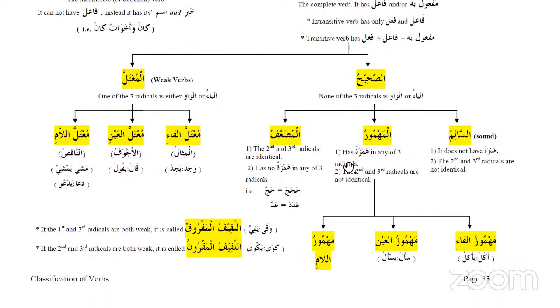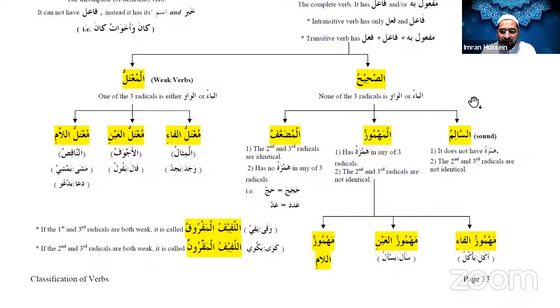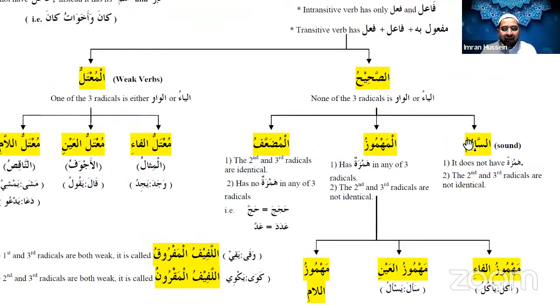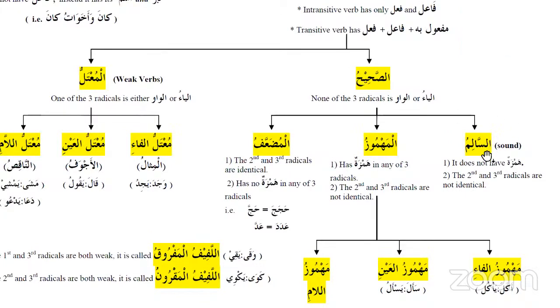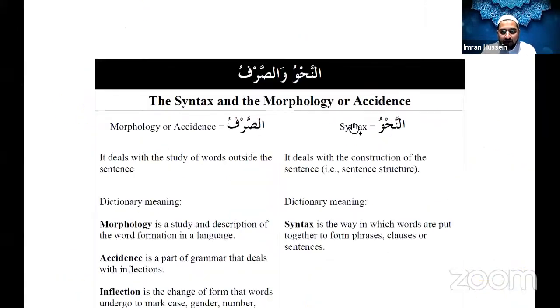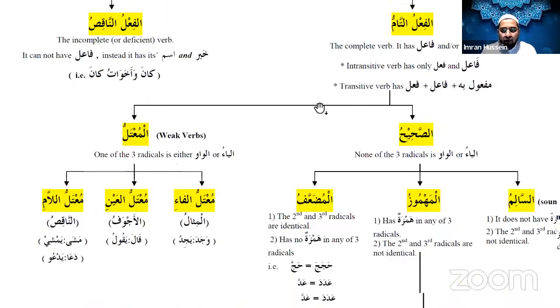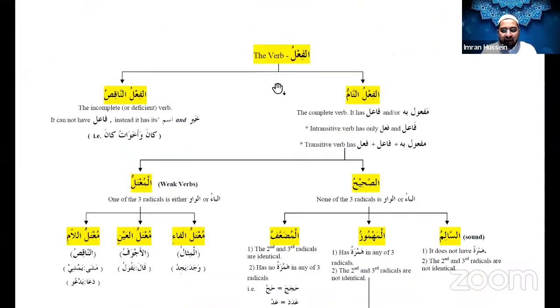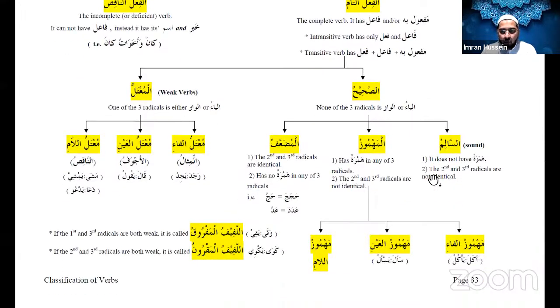Now, it has three categories. First category, where there's no weak letter, no alif, no ya or waw, is called as-salim. So you can join these subcategories, fi'l sahih and salim. What does that mean? Number one, it does not have a